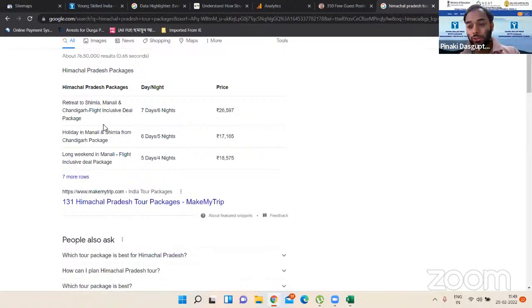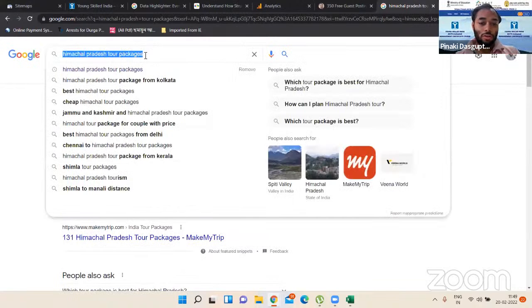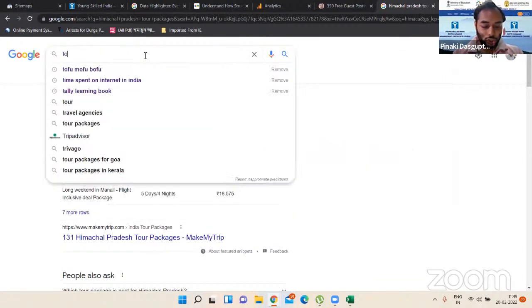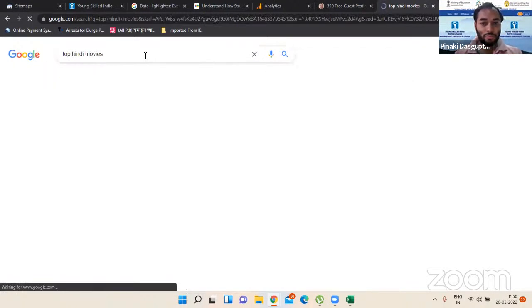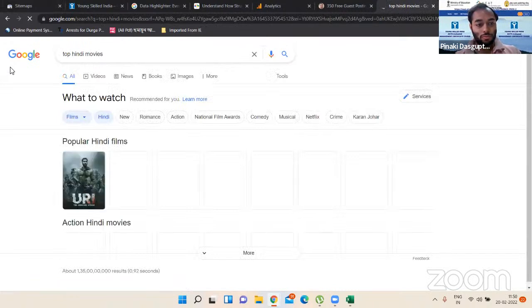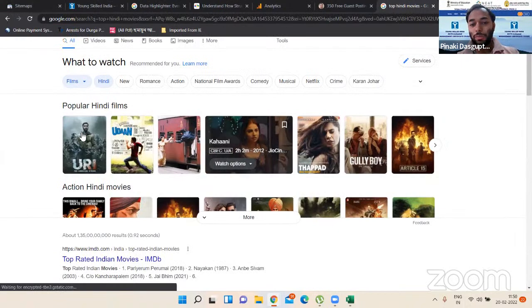So this is a zero rank. If you want to rank your website in the zero position, then this highlighting is important. Okay. Top Hindi movies. See, these are also snippets.